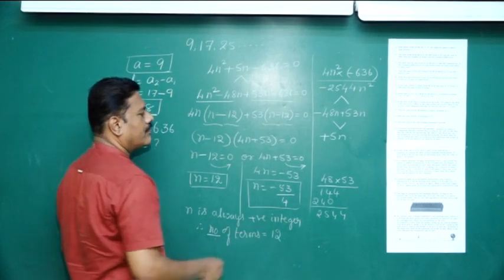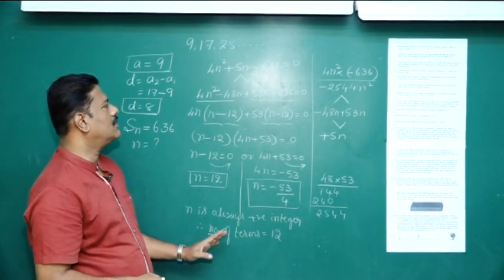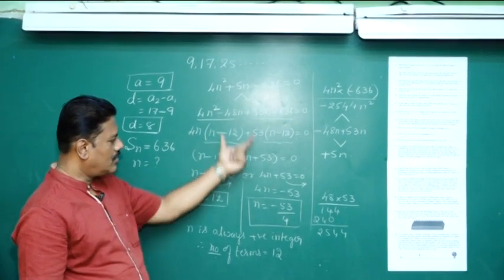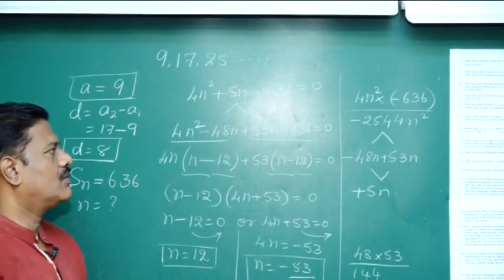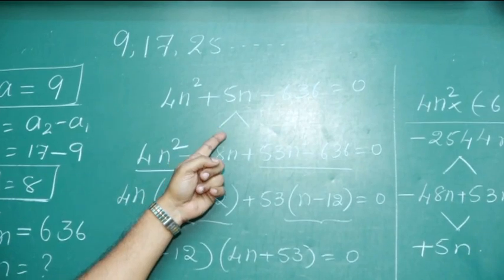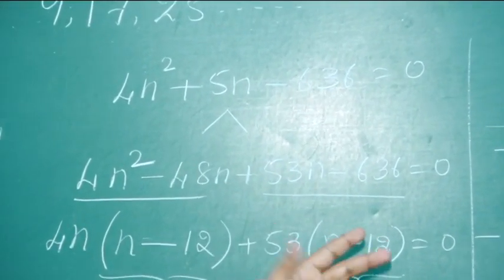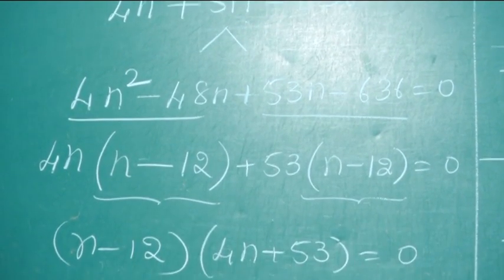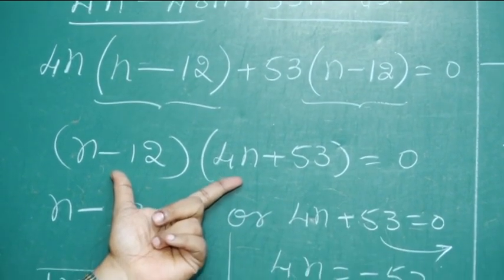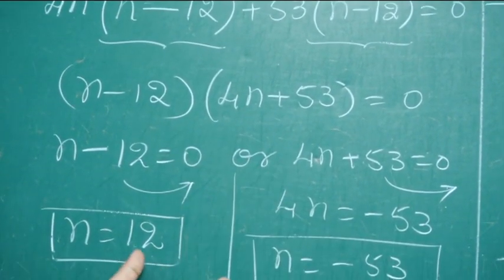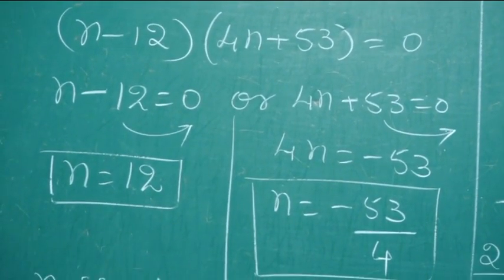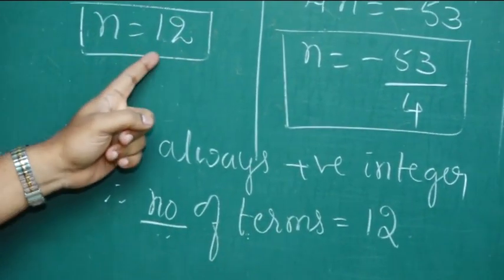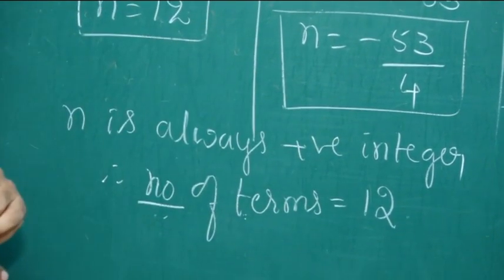So this is the conclusion. See, it is a 3 or 4 marks question. Very important thing is you will get a quadratic equation. How to solve this quadratic equation, you are learning more in the chapter on quadratic equations, but here I have introduced this splitting method of factorization, as you did in the previous class. Splitting method for factorizing a trinomial, same. The only thing you should know here is to apply the zero product rule, equate each of the factors to 0 and solve the 2 simple linear equations, and you will get the value of n. Why do we reject the negative value? Because n is always a positive integer. So I reject this, I consider this, and we come to know the number of terms is 12.